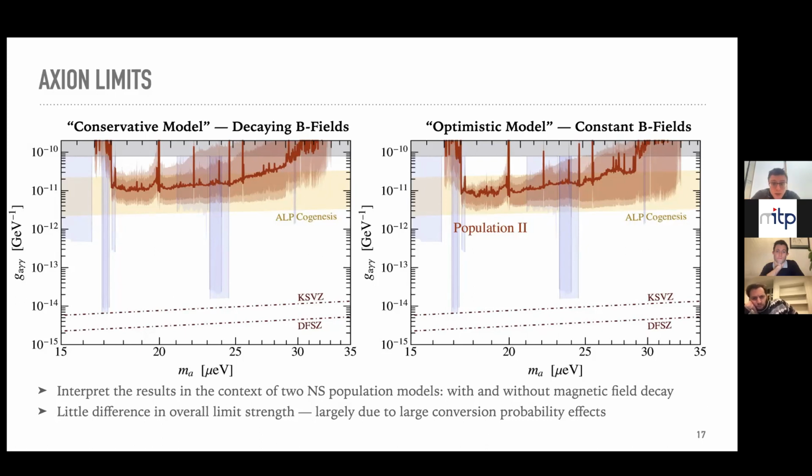I should also comment that there's this thick line, which is the limit that we're presenting, but there are also some bands. Those bands are just saying we got these limits by doing some population synthesis. So we modeled the population of neutron stars. We found the best one in terms of detection, and we set limits based on that best one. But of course, there's variance in what is the best neutron star from one population sample to the other. So these bands are just showing you, if you got really lucky and had a great neutron star population